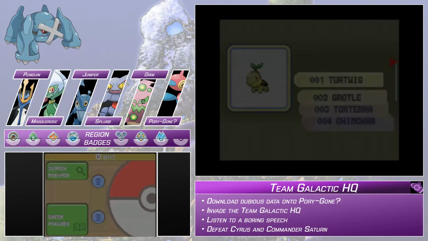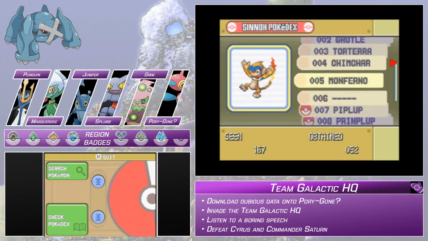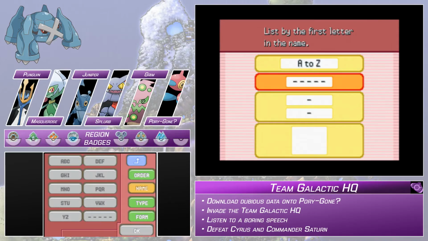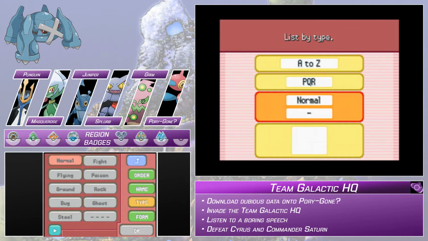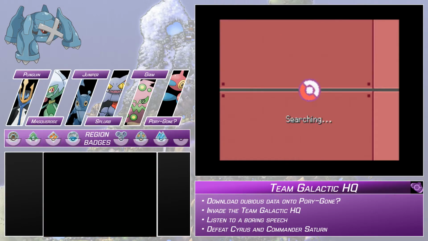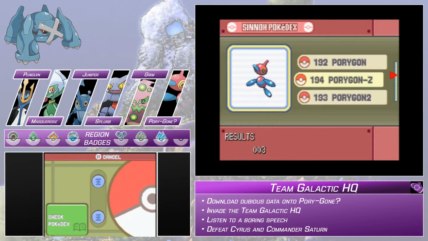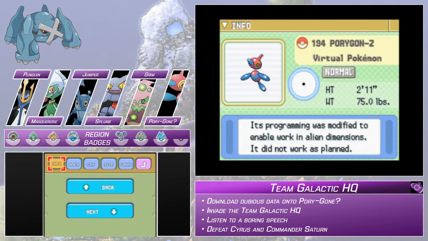But yeah, let's actually take a look at the Pokedex entry for this. Search Pokemon. We want A to Z. We want name. Start with the letter P. And type to be normal. That should be much easier. Actually, Porygon-Z comes before Porygon2 in terms of the alphabet. But yeah,